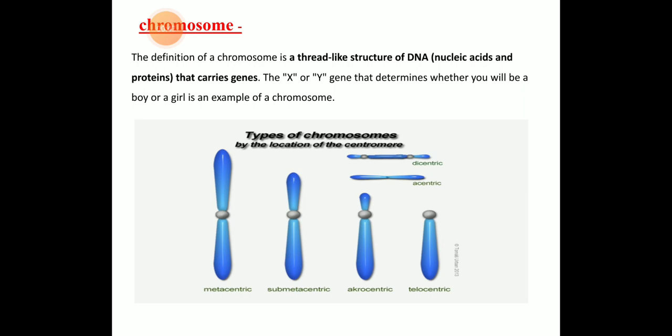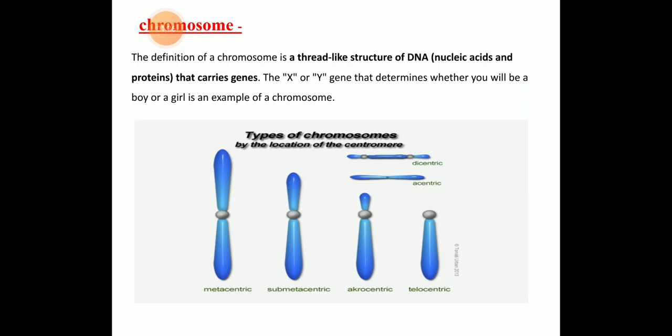this chromosome. Chromosomes are divided into two parts, which we also call the P and Q arms, with a constriction point called a centromere in the middle. This centromere can be located in different positions, and this forms the basis for four different classes of chromosome: first is the metacentric type, second the submetacentric type, then the acrocentric chromosome, and fourth the telocentric type. So we discuss them one by one.